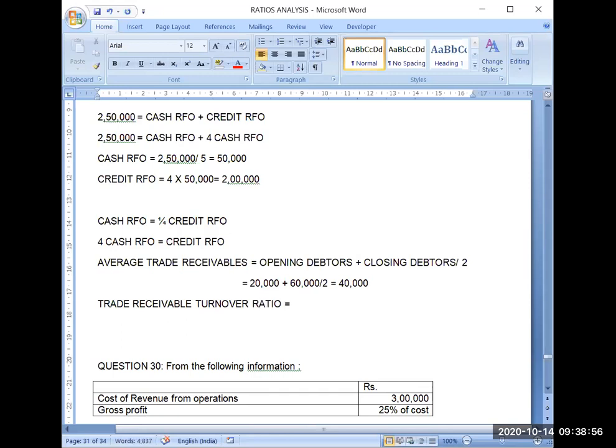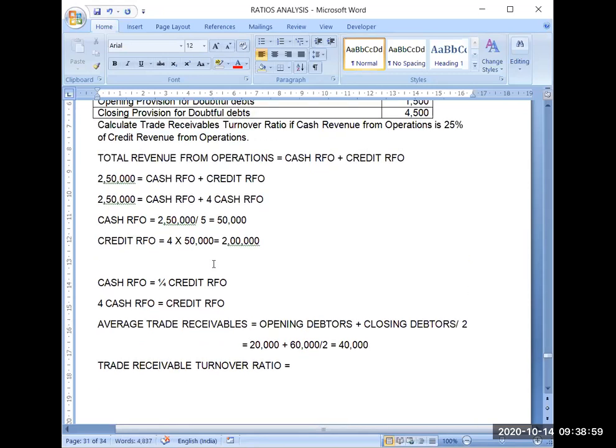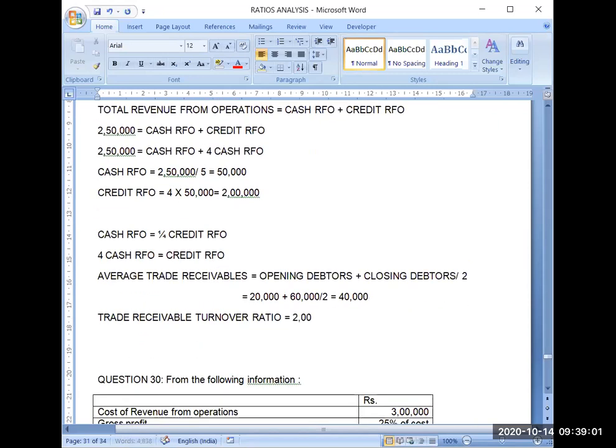Trade receivable turnover ratio is equal to my credit revenue from operations, 2 lakh, and my average trade receivables are 40,000. So it will again come 5 times. So 5 times means that in a year I convert my trade receivables into cash 5 times. Then you can again calculate the average collection period, and that will come 73 days in this case also. So rest